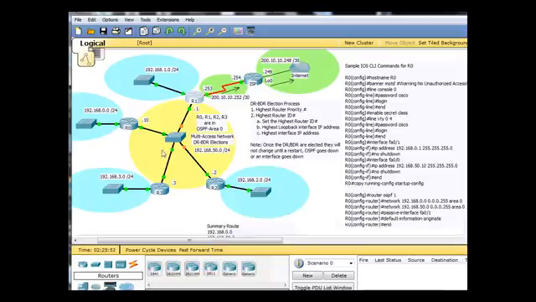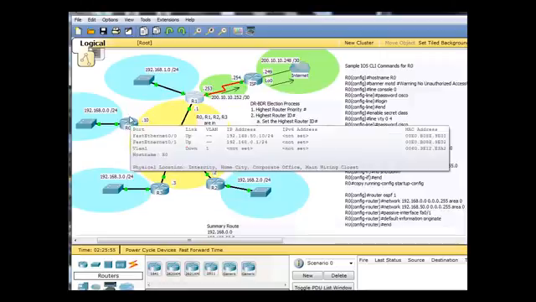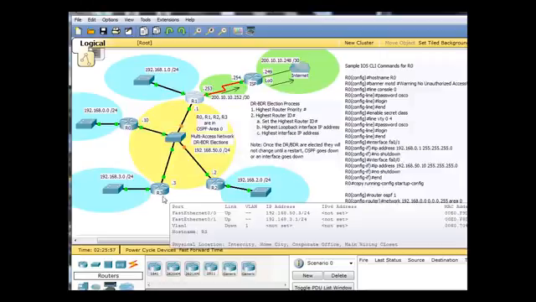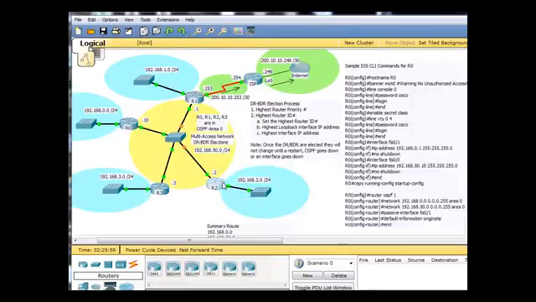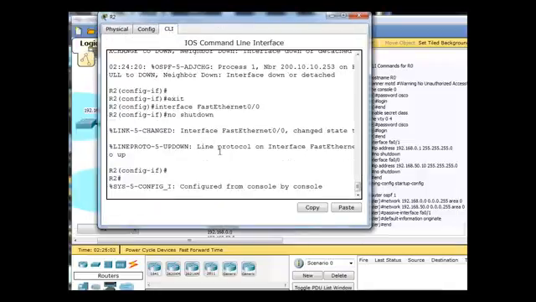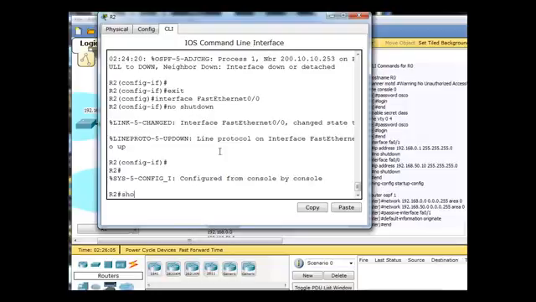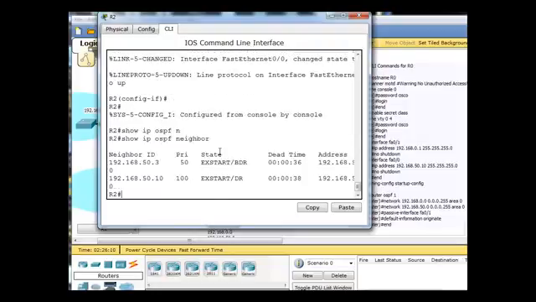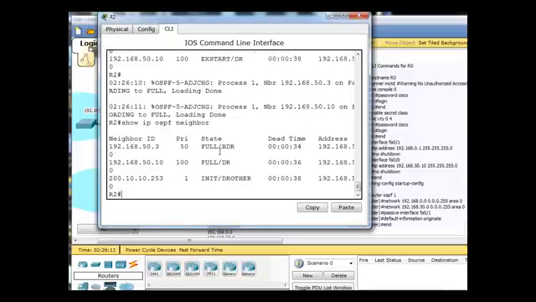We know that the router priority numbers are correct here. This router has a router priority number of 100, this one has 50, and so that should help influence it. So now, do a show IP OSPF neighbor, and we can see that the